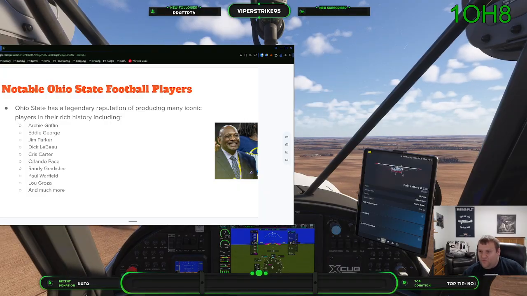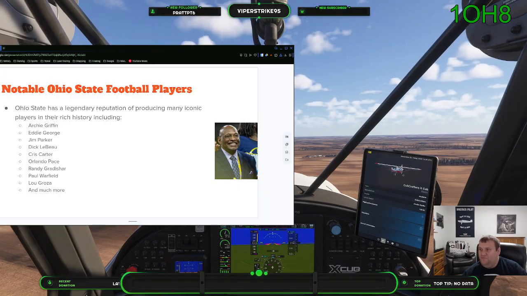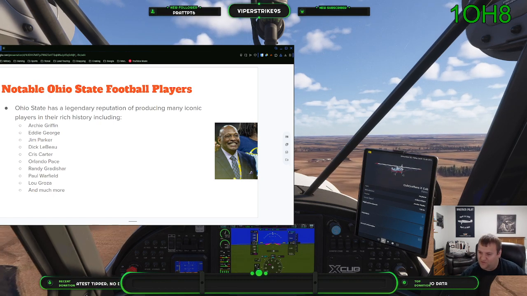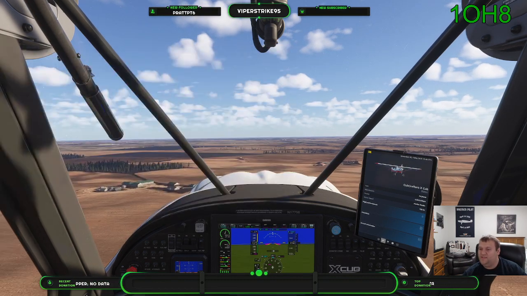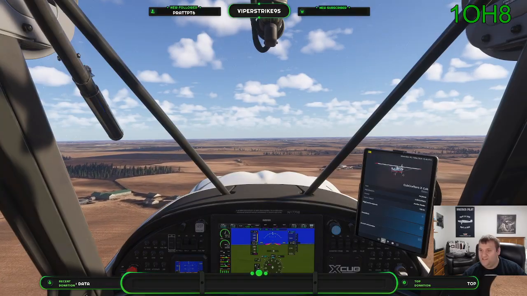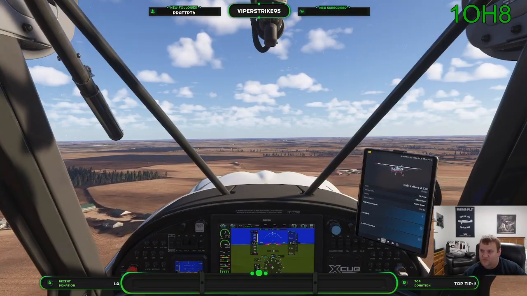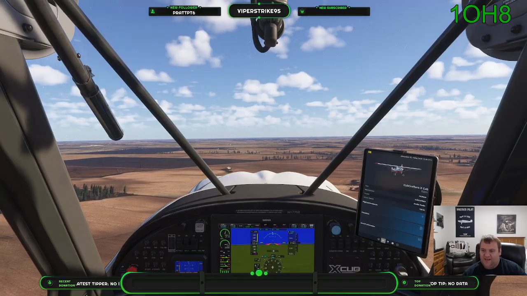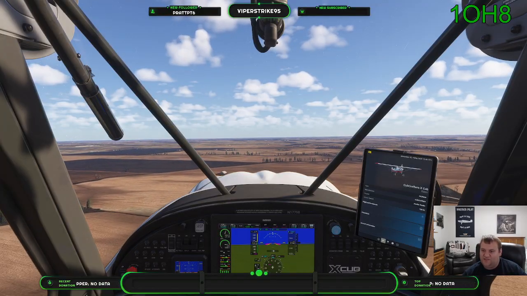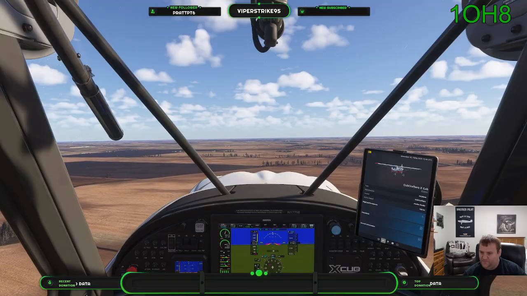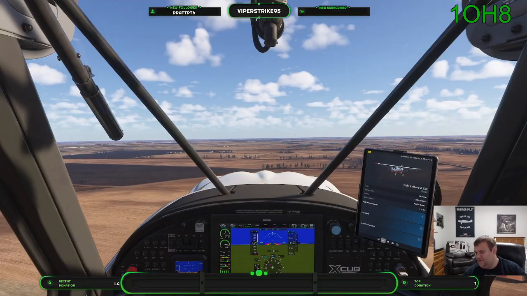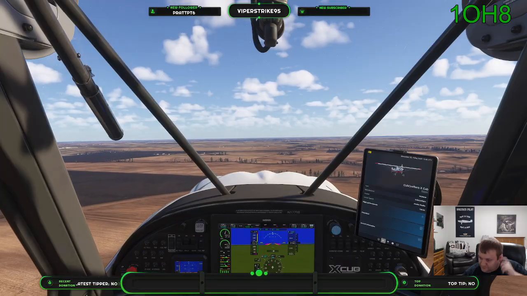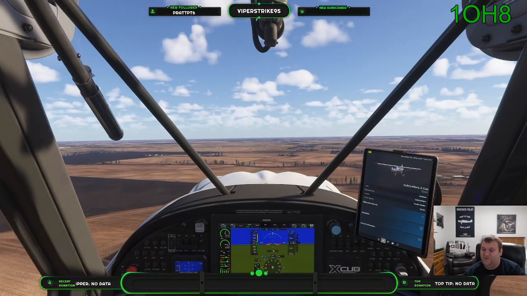And finally, there are many, many more legendary Ohio State players that I could pick from. There are too many of them. These are just the most notable Ohio State stars. So that's all the people I picked for today, and we just arrived in Columbus, Ohio today. I hope you guys like this a bit. The Buckeyes, of course.